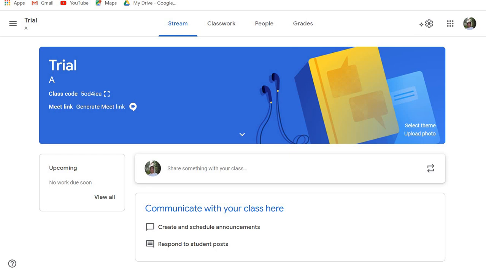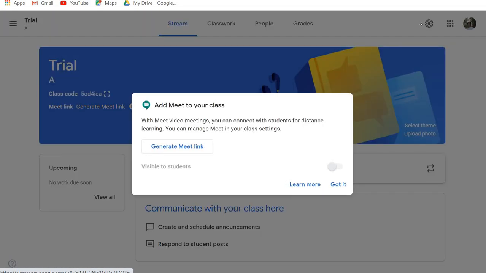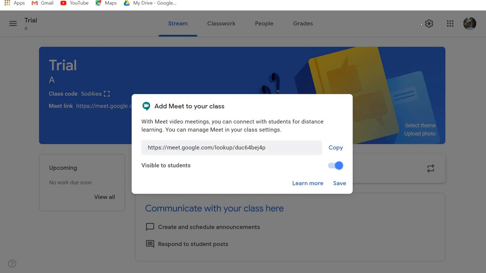Now this particular classroom, you can customize it. As you can see, it comes up with a blue background. Similarly, you can upload a theme or a photo. Then, since we are going to go ahead with online classes, it gives you an option to generate a Meet link. When you go ahead here, you'll get a permanent link, and that can be used every time you and your students come online. The link remains the same and the code gets changed every time you come online for the classes.